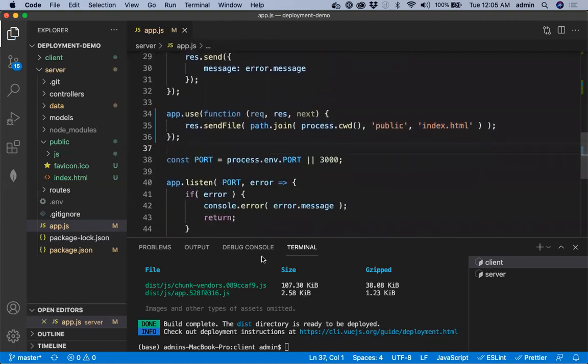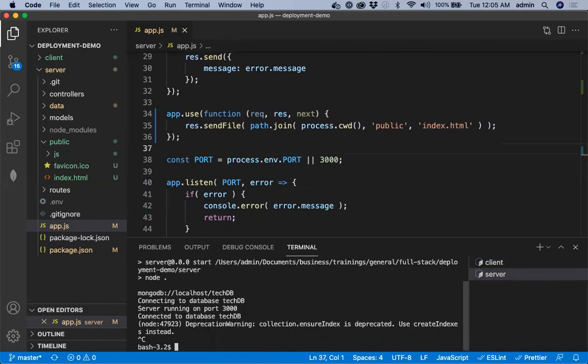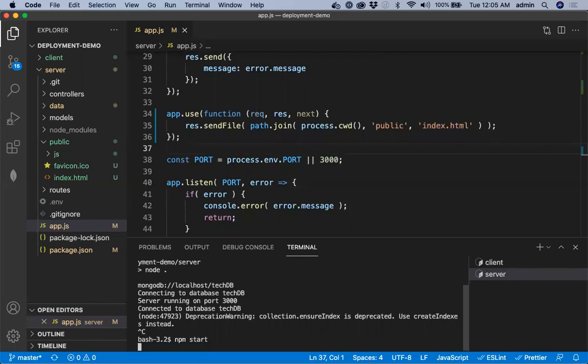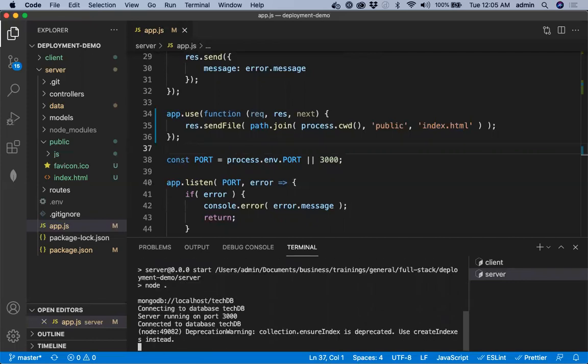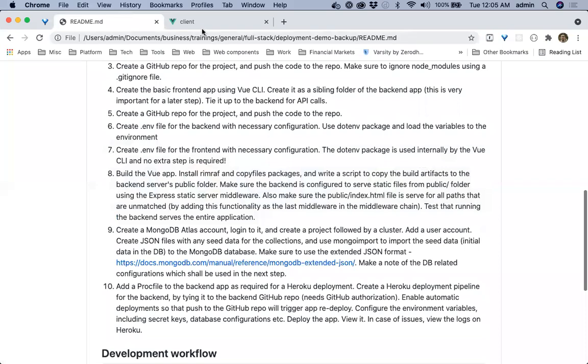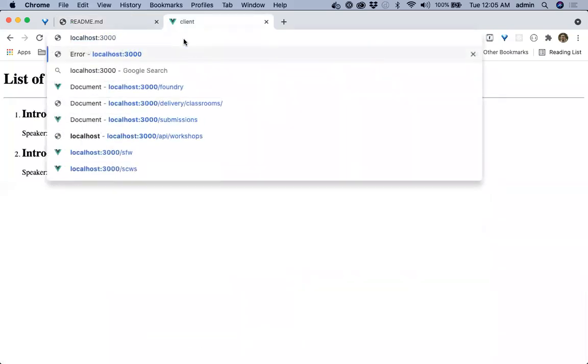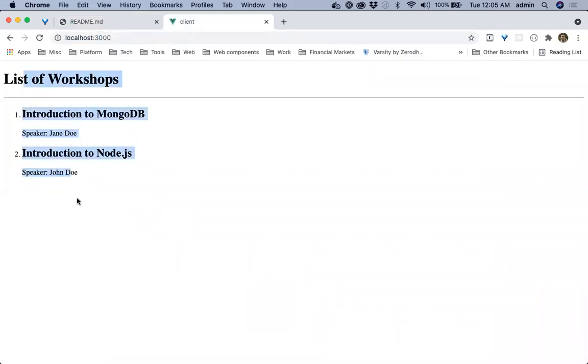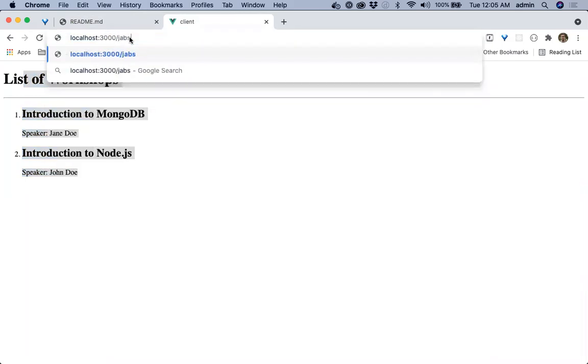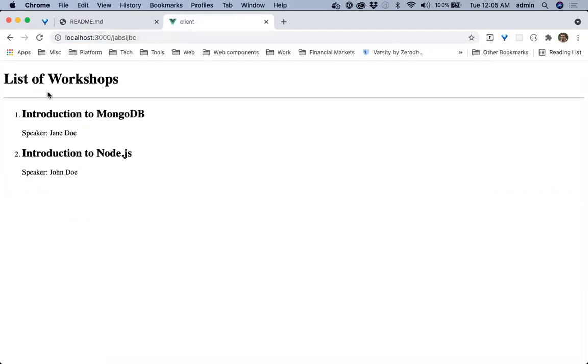So with this setup, now if we run the server, I'll stop and start the server again. Now if we go to the backend URL, localhost 3000, we are able to get the front-end application, the index.html, served. We can go to any URL because of the last middleware we set up. You might be wondering, is it right to show this when the URL doesn't actually match index.html?